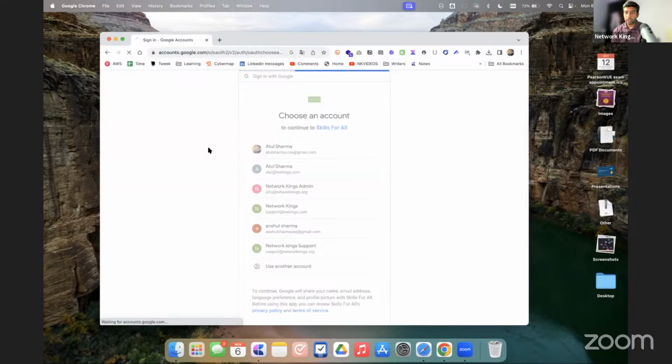Okay, so I'm just logging in with my Gmail ID and it's very simple. Just log in with Google. Okay, so once I log in with Google,